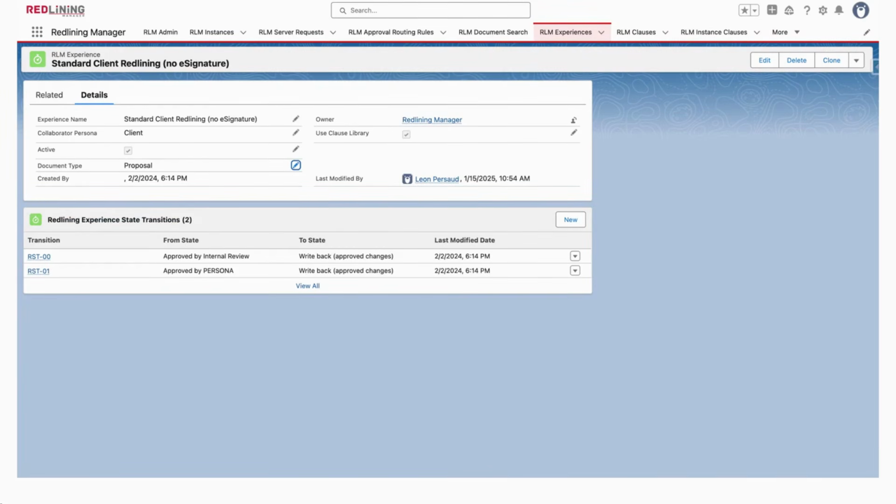RLM has a default workflow, but it can be modified by adding or removing transitions. For example, if you don't want any writebacks, you can remove that stage. You can go from approved internal review straight to e-signature or complete. You can also add a stage. For example, if you want to review the document before it goes to the client, you can add a pause